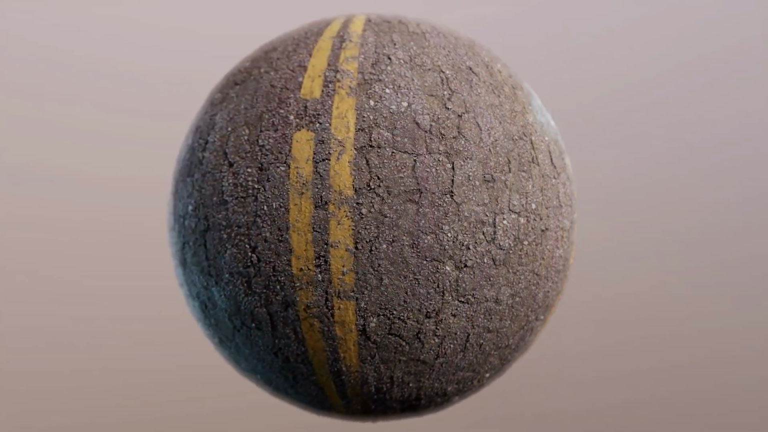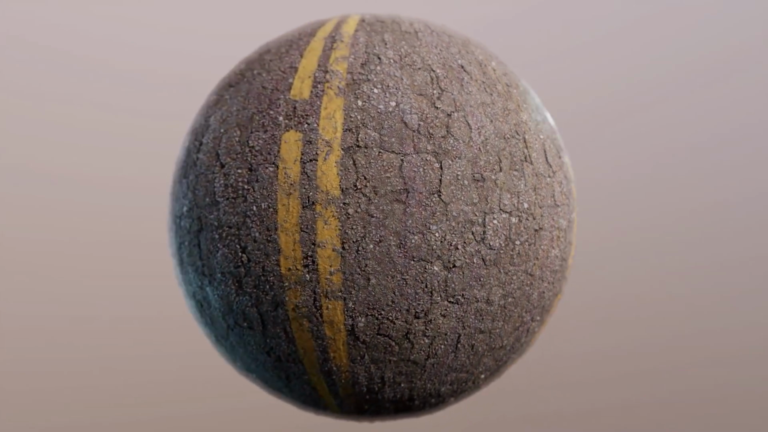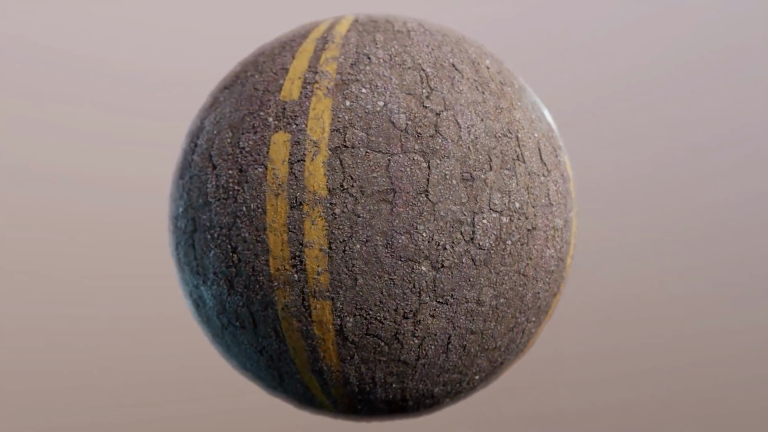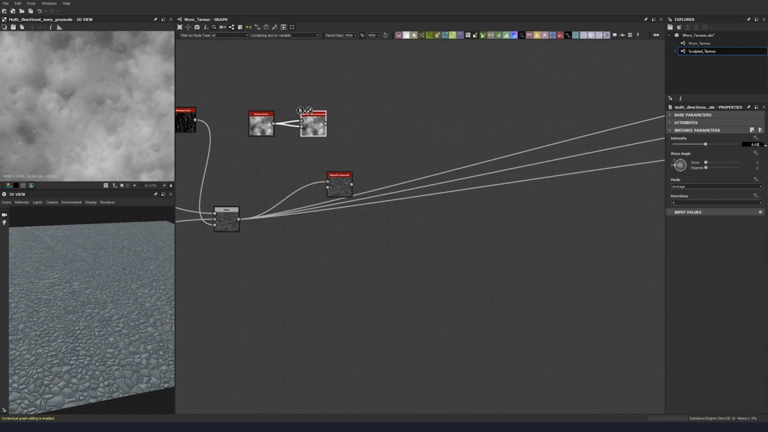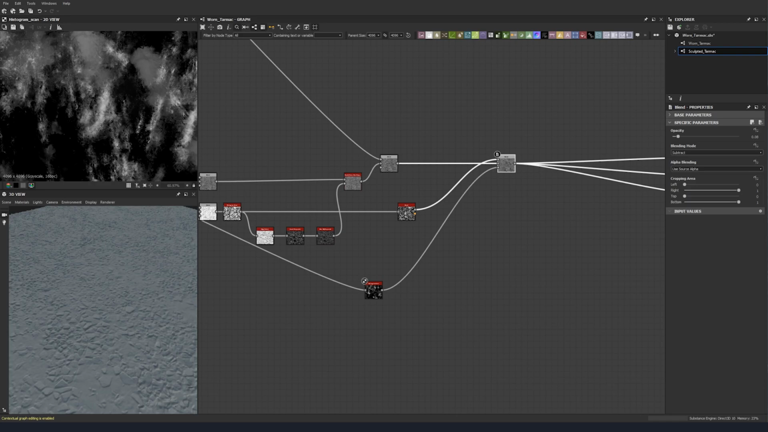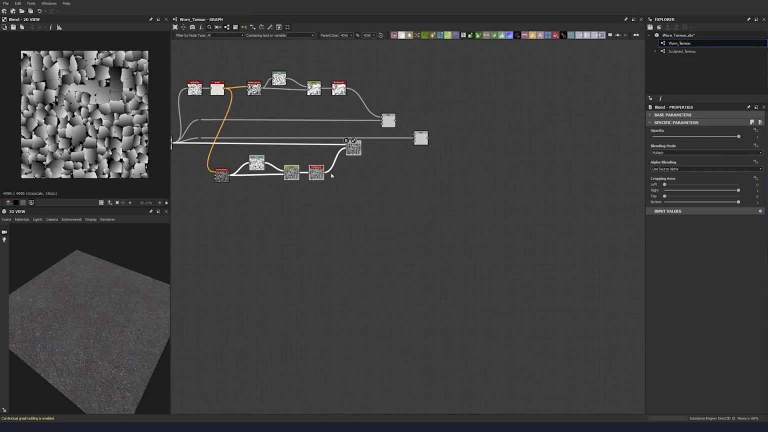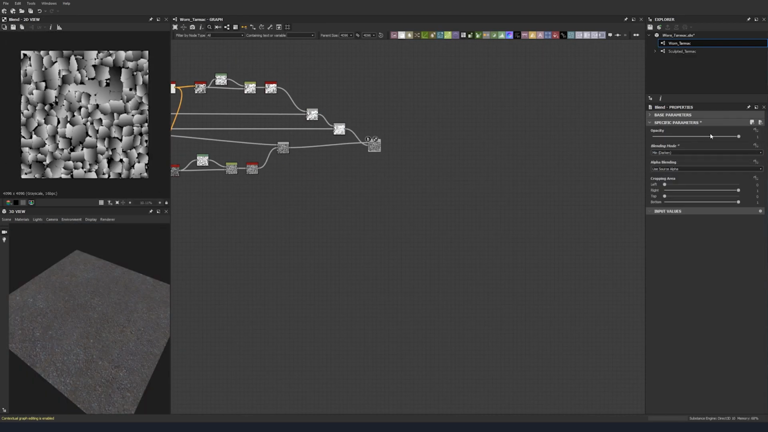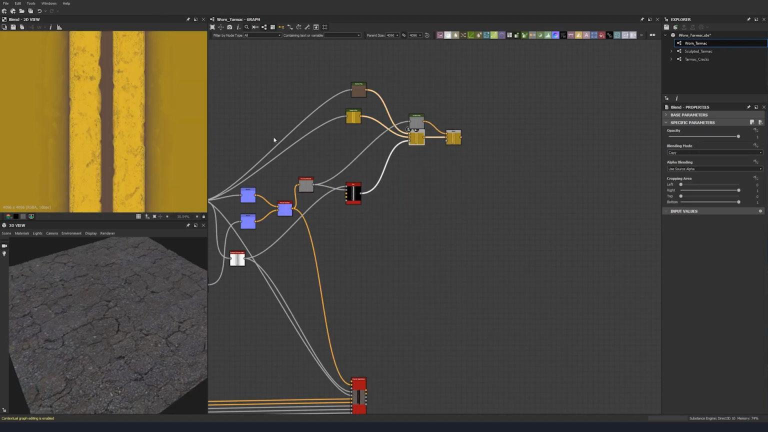In this tutorial, we'll be creating a worn tarmac texture inside Substance Designer. Throughout this tutorial, we'll be covering creating tarmac stones, bitumen that binds them together, adding directional surface noise, creating a tool that adds cracks to your tarmac that can also be reused on any substance, and adding a road marking